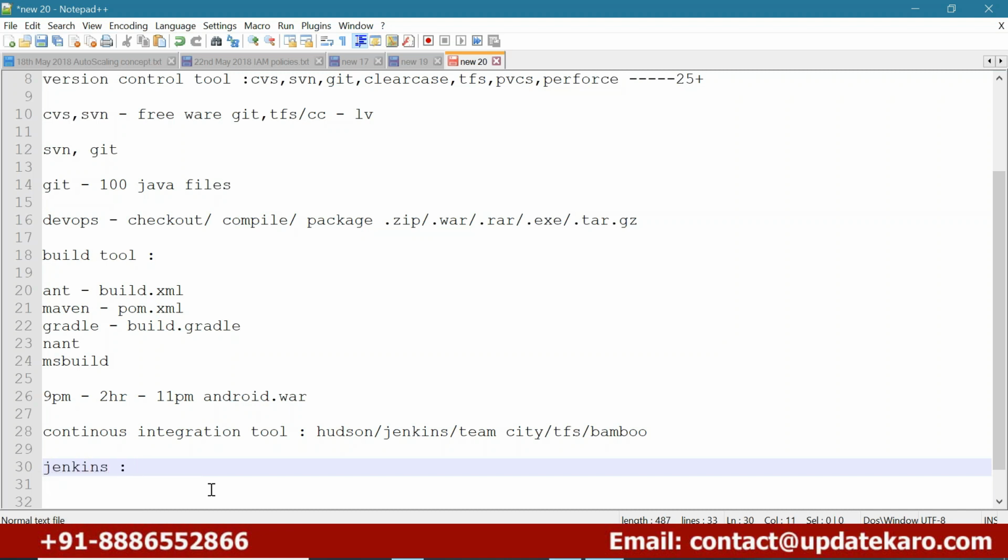In Jenkins, I'm going to cover how to do the installation of Jenkins on a Windows machine and on a Linux machine, how to create the service in Jenkins, how to change the port number of Jenkins, what the important files for Jenkins are, what folder structure you are going to get when you do the installation of Jenkins, how to configure the jobs in Jenkins, what a parameterized build in Jenkins is, okay,